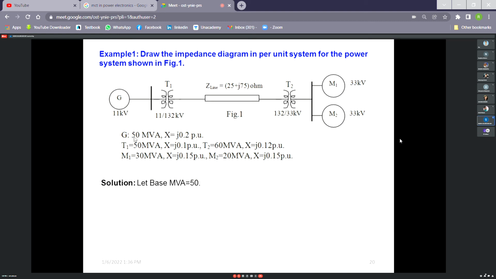So with 50 MVA, we have no need to calculate for the generator. Why not? Because the generator rating voltage is 11 kV, and for this section, the base voltage is 11 kV. But if the generator voltage were 10.1, but for this section of the power system the voltage level is 11, then we have to convert it for the new base voltage. Have you understood my point?